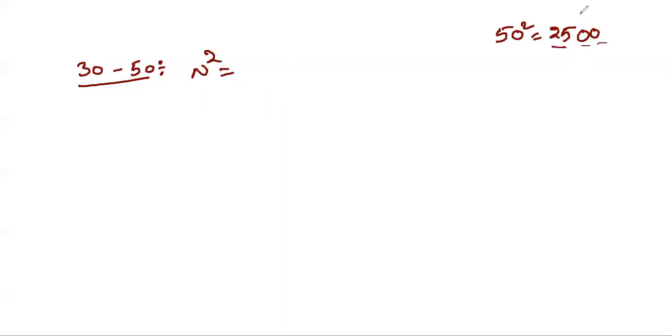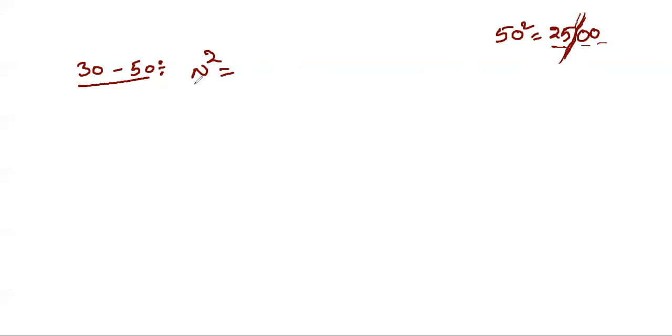So observe this one, from 30 to 50. Any number from 30 to 50 is given to you. You want to find that square number. Very simple. All of you know 50 square. 50 square is 2500, you'll write. You will not do that type of calculation. What you will do is 5 square is 25 and 2 zeros you will put here. Same thing, I am dividing this 2500 into two parts. Observe this, friends.